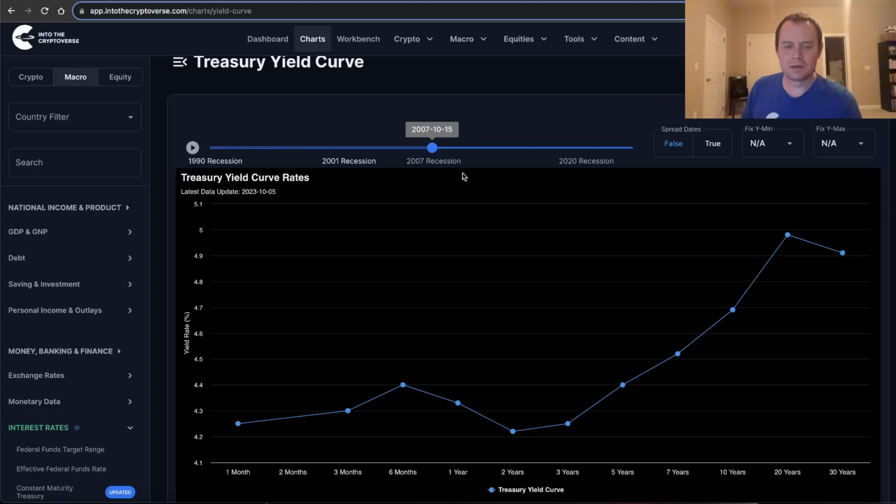That is known as a bull steepener. One of the reasons I believe, and I could be wrong about this, but one of the reasons I think it's called a bull steepener, if memory serves me correct, is that if the Fed is cutting interest rates, then it's seen as bullish for the economy. Now, in the short term, it might not be bullish for the stock market because oftentimes after a Fed pivot, that's where you see significant losses in the stock market. But the reason for that is because it normally takes the Fed breaking something to induce a pivot in the first place, right? They have to break something first.